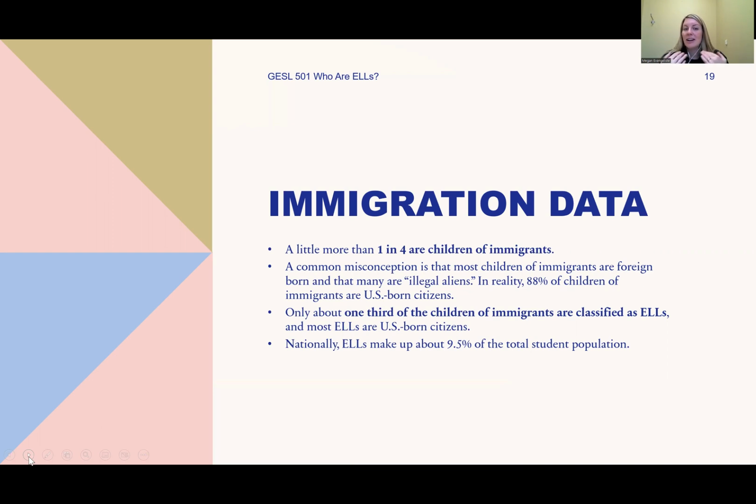So, of course, if you were to hear illegal alien in a school, you would say, we've updated those terms, in the kindest way you could to your colleague, and share this information. Almost 90% of children of immigrants are born in the US, so they are US citizens. Only about 1/3 of children of immigrants are classified as ELLs. That means that our students come with enough English proficiency when they start kindergarten to not need services. They would be scoring at that 5.0, 6.0 level and would not qualify for English language services.